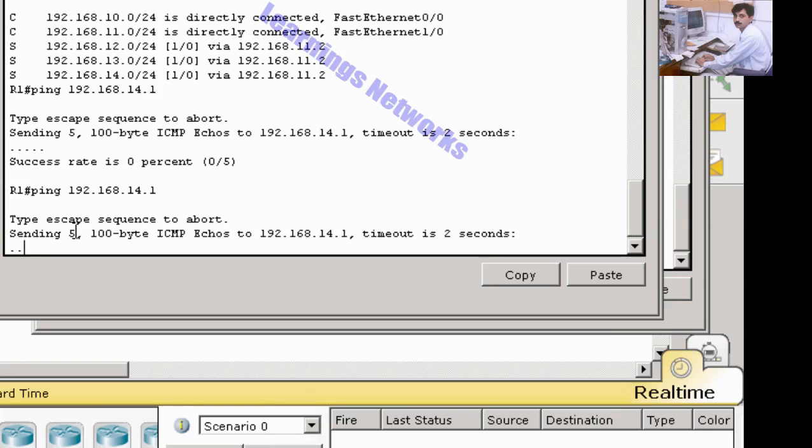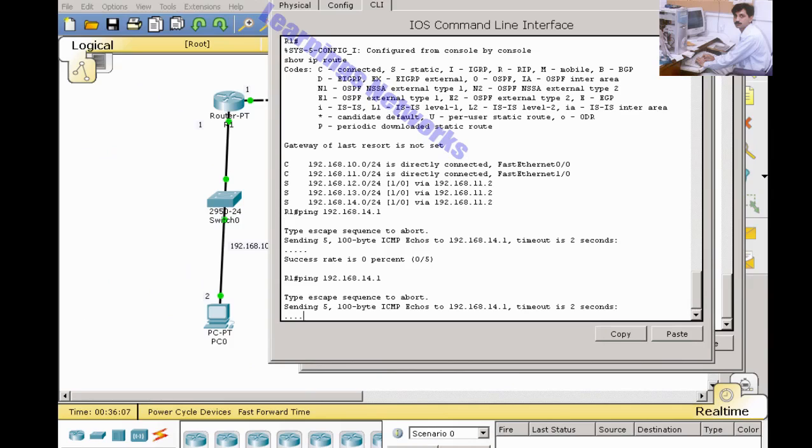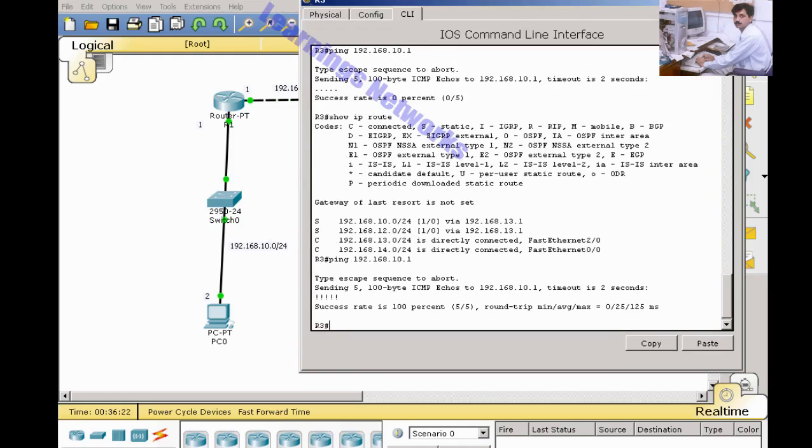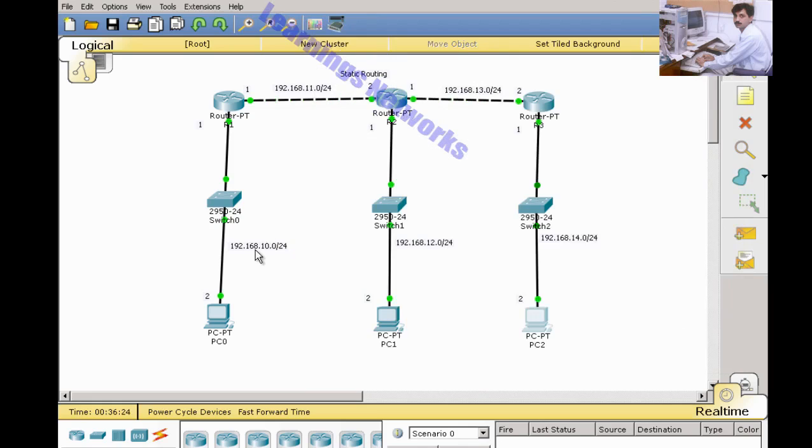All five networks are in the routing table of R1, the 10.0 network, 11.0 network, 12.0 network, 13.0 network, 14.0 network, but it is still not pinging the 14.0 network.